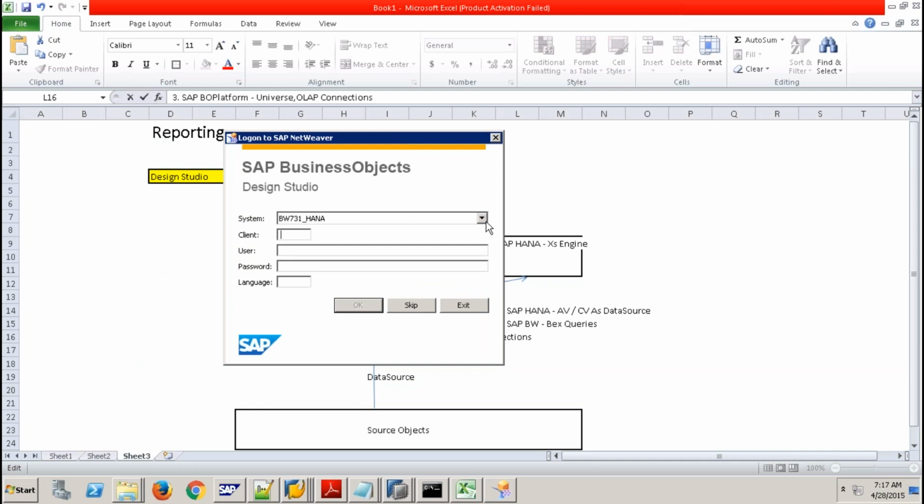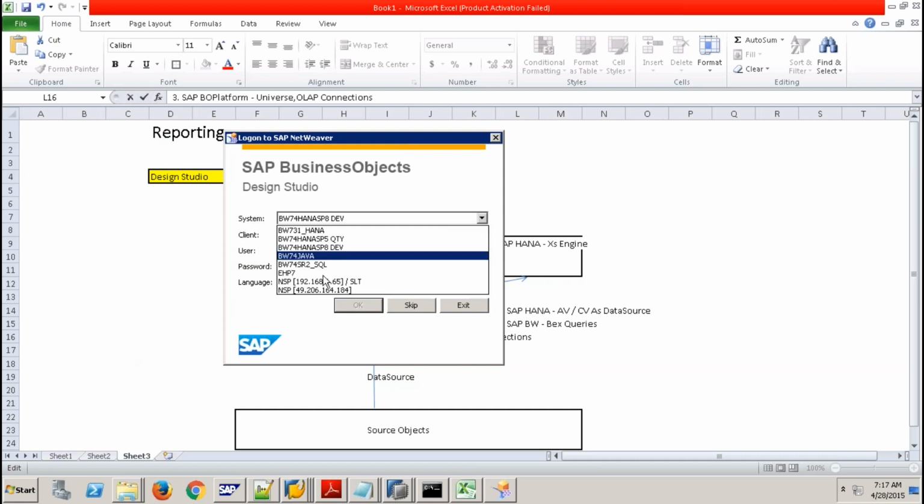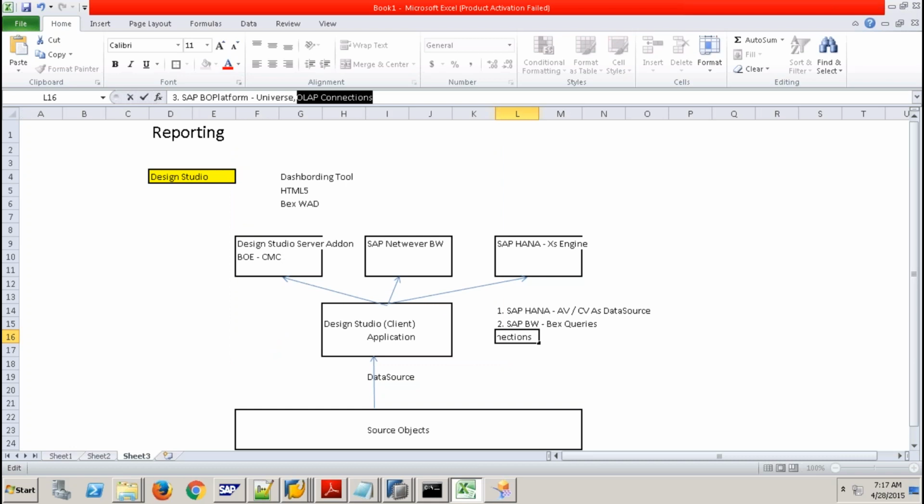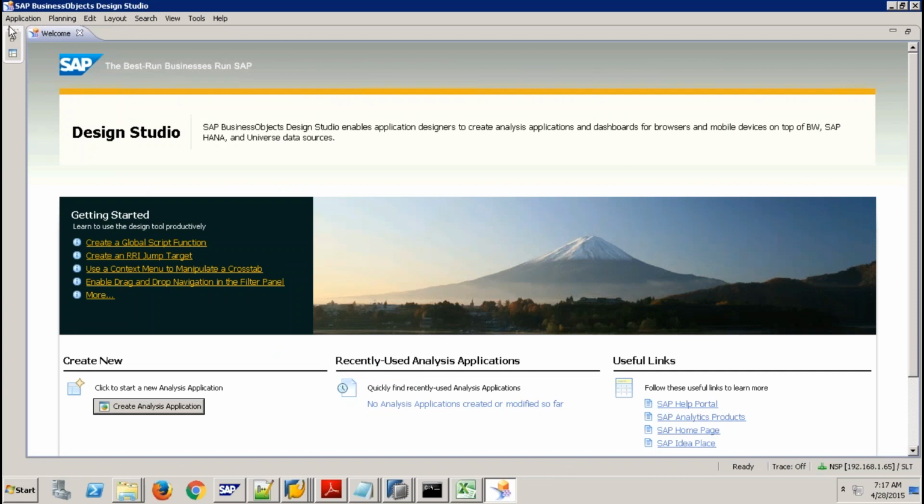See, now when I say BW, it will ask me which system I want to connect. These are my entries from the logon pad. I want to connect to this, NSP, I'll connect, which is my BW 001. So I'm just logging in as if it's a front-end tool for BW. So once I log in, when I say create new application,